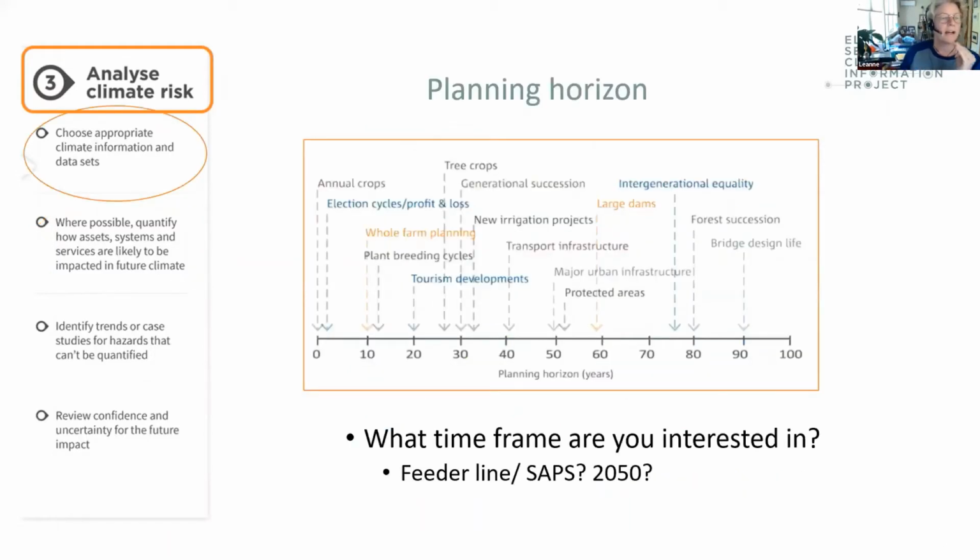So, okay, now we're up to step 3 in analysing the climate risk. We have to choose appropriate climate information and data sets. First thing we need to know is what time frame are we interested in? And in our discussions with our team of people that are working on this project, Jill, correct me if I'm wrong, I think we decided that we're going to look out to 2050